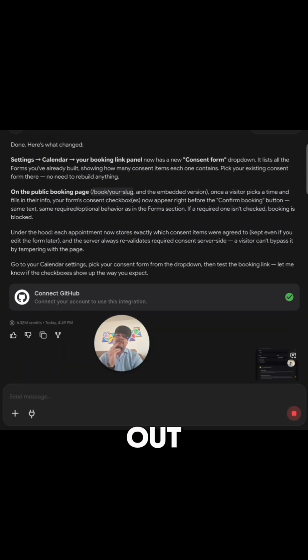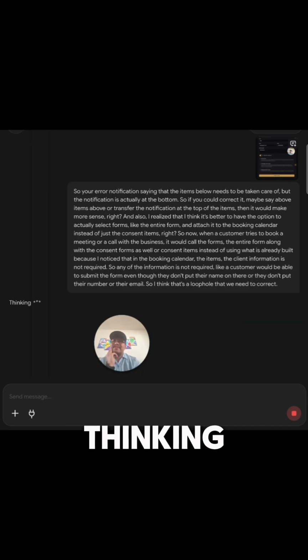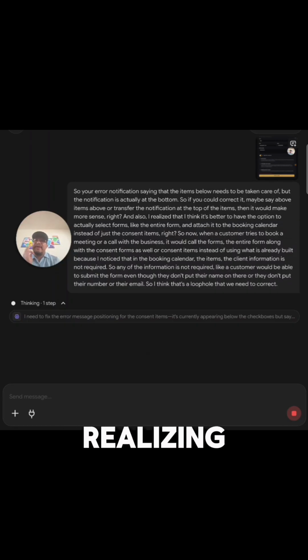Transcribing. We're running out of credits. So basically what I told it to do, I love just telling it with voice instead of typing, because if I had to type all that, it would take me forever. So now this is more efficient. It might take it a while to understand what I'm trying to say, but it's super smart. It's thinking, I need to fix the error message. Now it's realizing what I want to